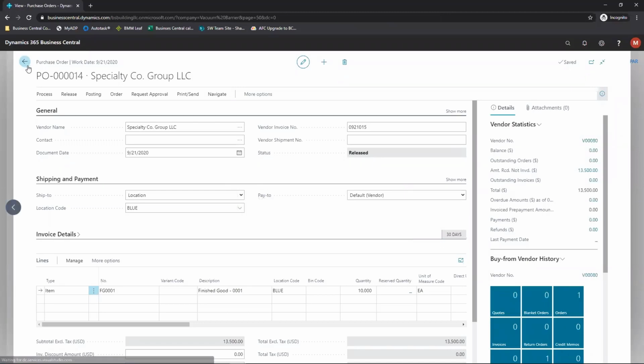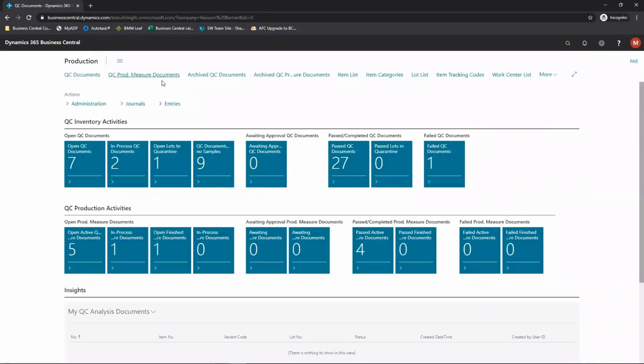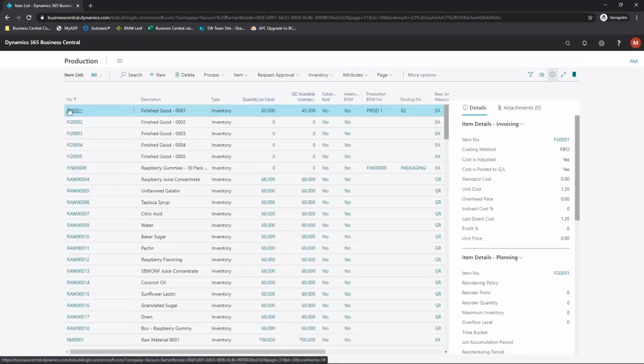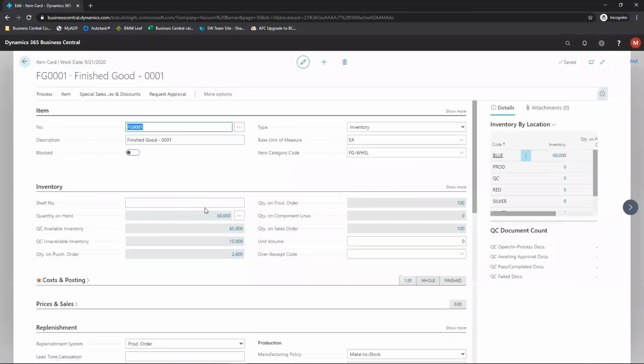With the inventory now received, let's actually look at our item card. So we will go back to our item list page, and we're going to open up the item card for our finished good. You'll note that we now have a couple of extra added fields on our inventory FastTab. We have a total of 60 units of this item received as quantity on hand. However, if you note, our quantity available of QC items is only 45,000, and we have 15,000 listed as QC